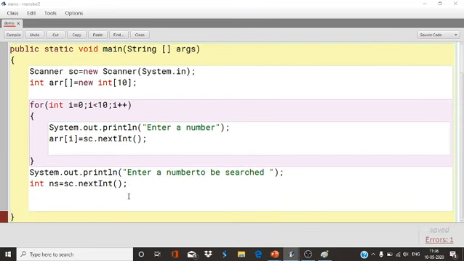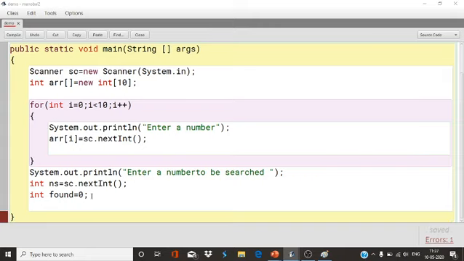Now one more variable I'm going to declare, simply found. Why found? I will check whether that number is in that list or not. So int found = 0. You take 0. 0 means what? False, meaning not found. If the value of found is 1, it means found. So either the value of found will be 0 or 1. If it is 1, it means found, otherwise not found.